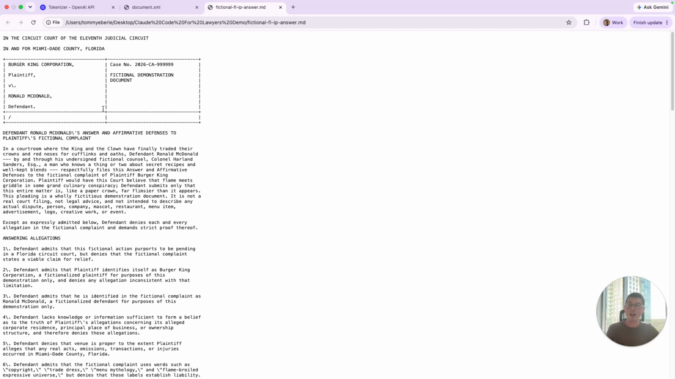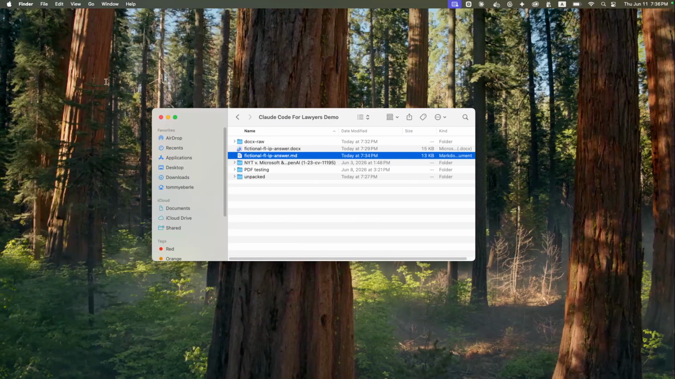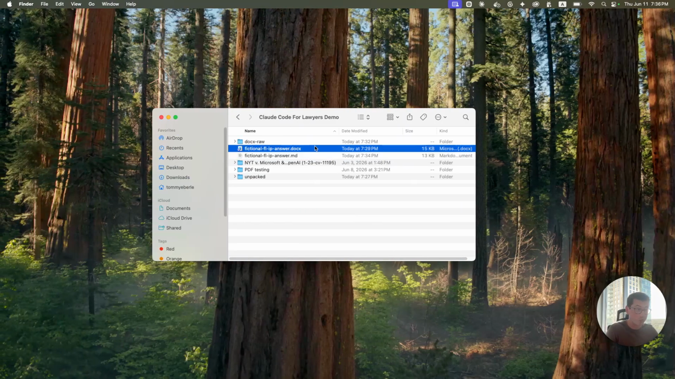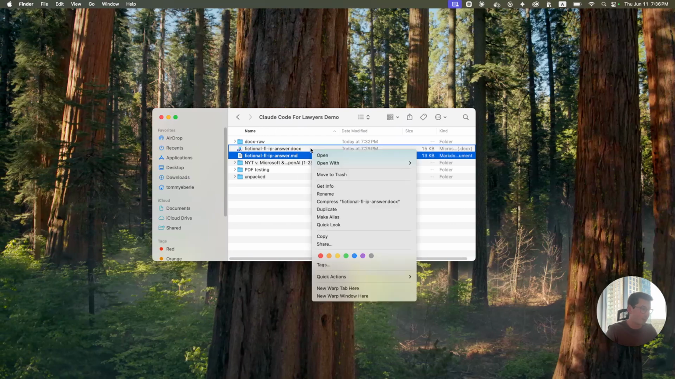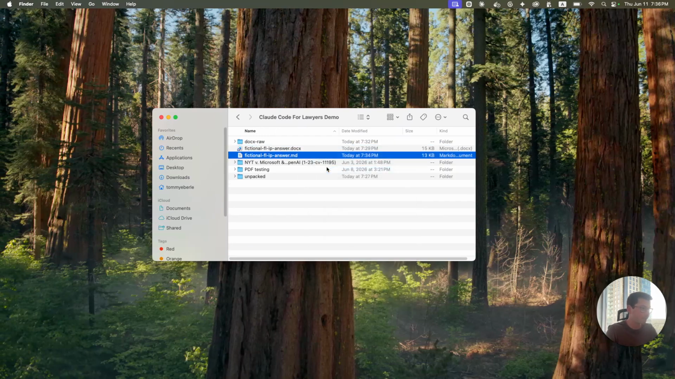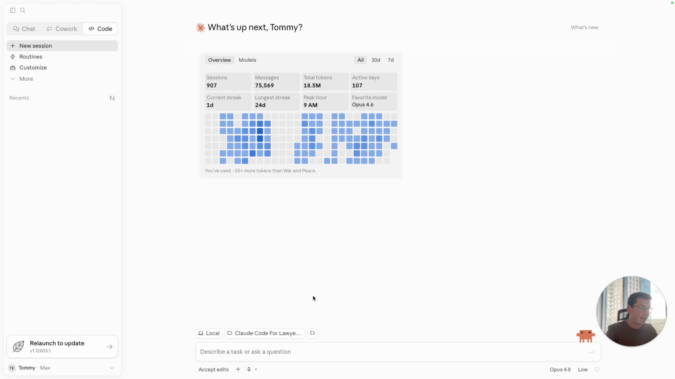So if you were to have an AI tool draft an answer, for instance, in Markdown, you would need to then convert it to Docx. And I'm gonna show you what that looks like. So I'm gonna go ahead and delete the original. And don't worry about this, I have a copy saved, but I'm gonna move this to the trash. And then I am back in a new session in Claude Code, and I'm gonna tell Claude to convert the